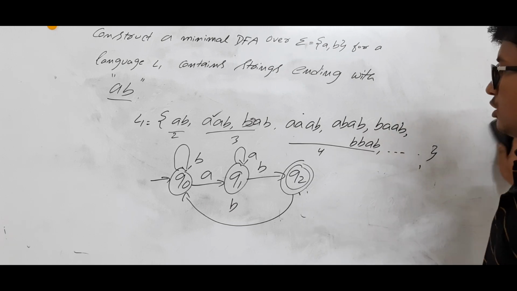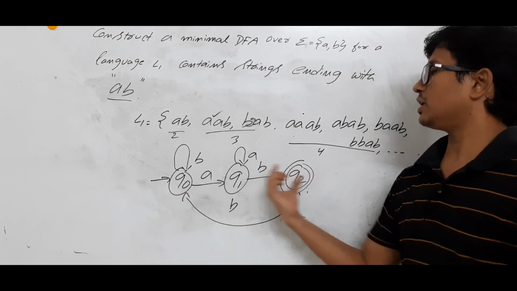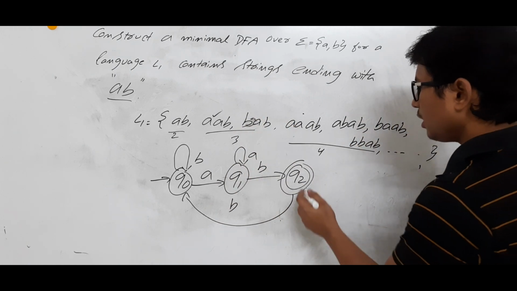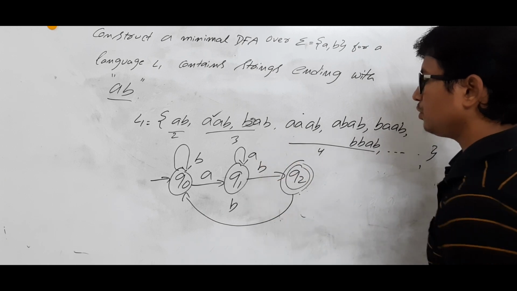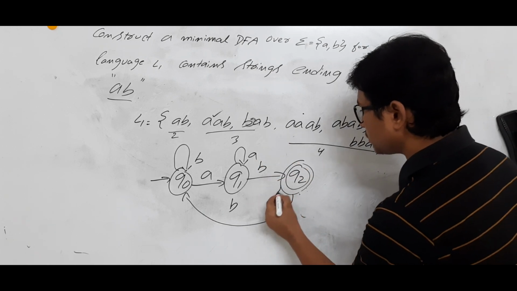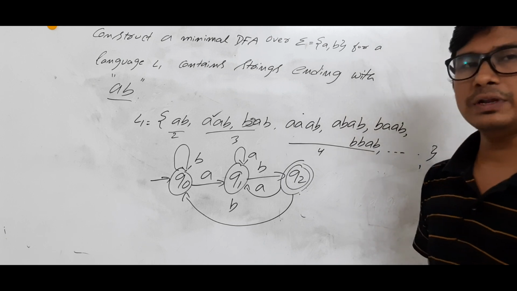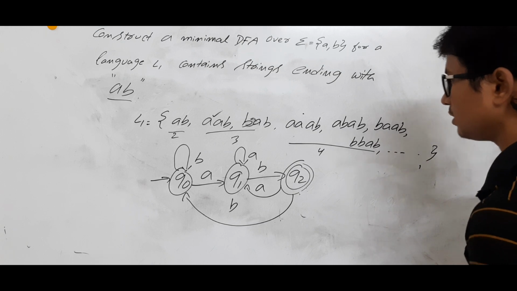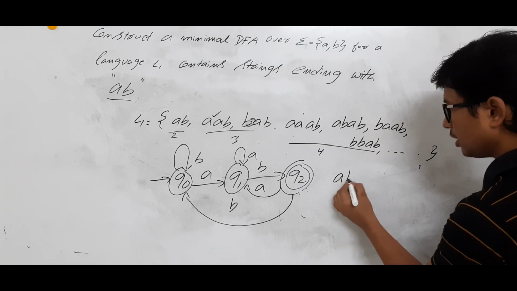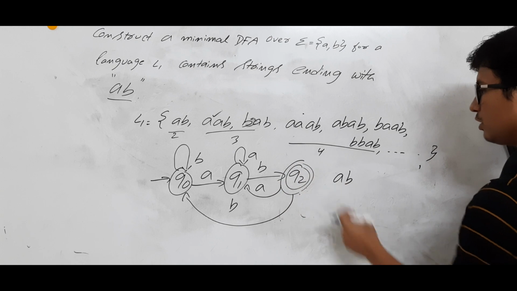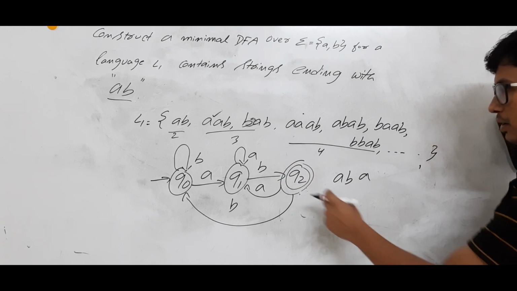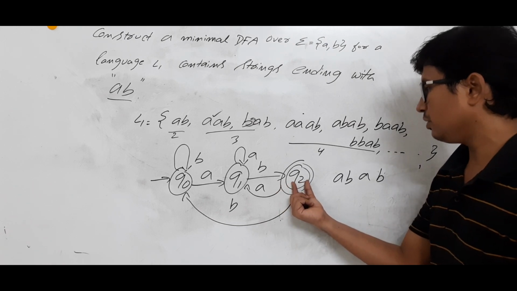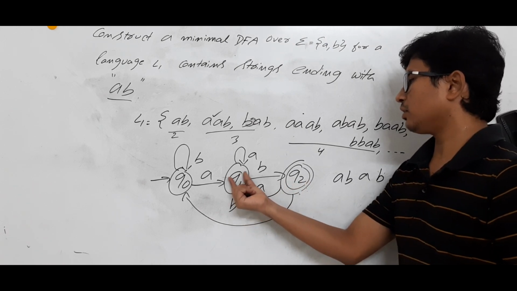You can take any example, AB then B, and you should watch for AB, any number of ABs. Okay. Now, what about on A? If you are in Q2 and you see an A, what should you do? I will write this one like this. Q2 on A, you are going to Q1. We will see whether it is right or wrong. Once you watch the AB, you will come to Q2. On A, you went here. Meaning that after Q2, if you watch another A, better go for Q1.